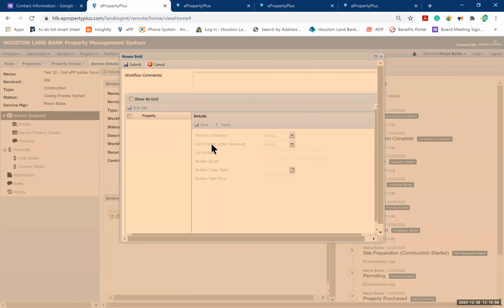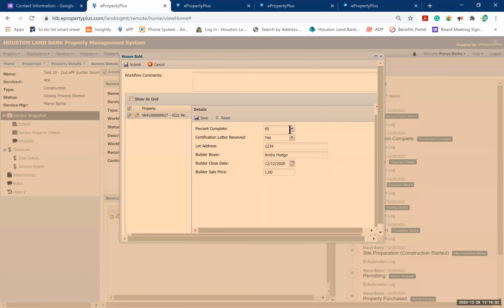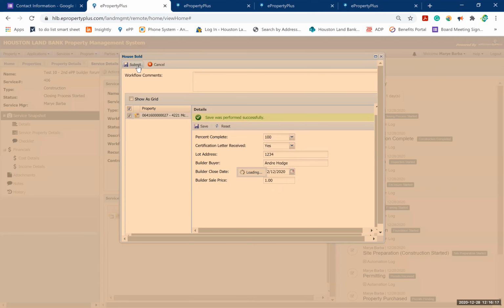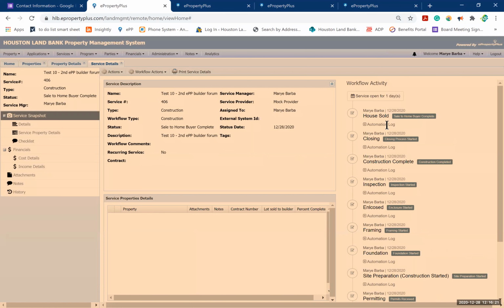Now the house is sold. So we're going to say, now that we've sold the house, this process is 100% complete. And you're going to confirm that this information hasn't changed, because sometimes the closing date can fluctuate. So then hit submit. And the system will send me an email and trigger me to either accept or reject